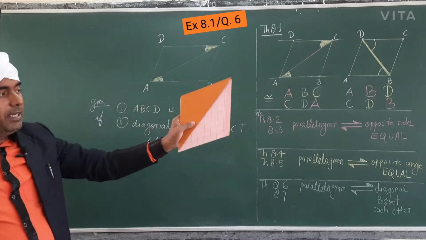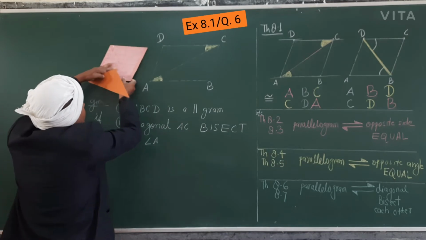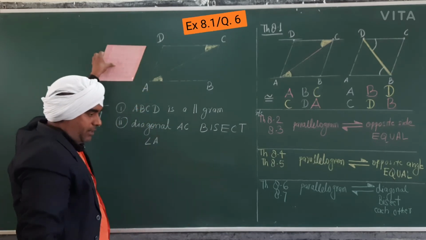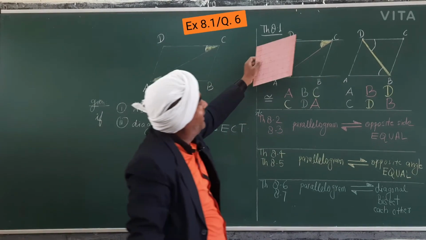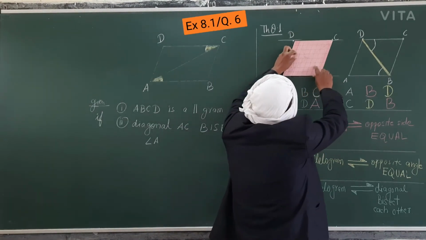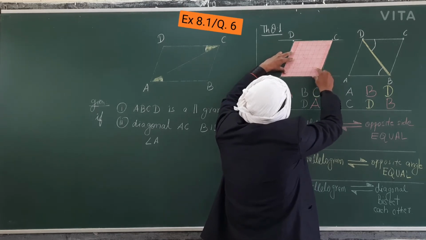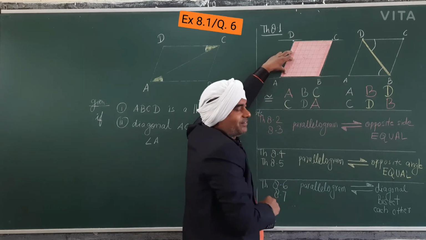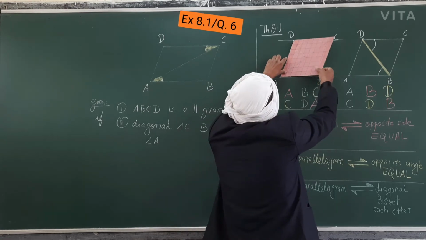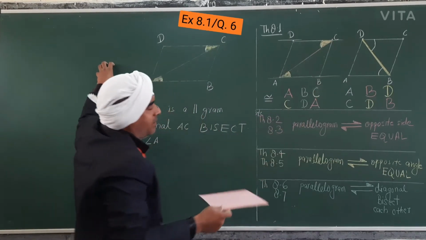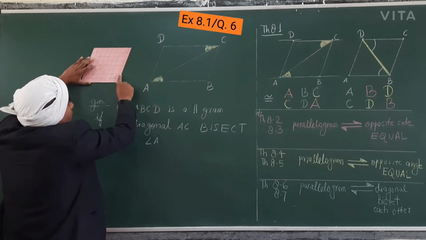So actually this was the answer. And for that I will make another figure just in front of you. So keep patience. Actually this is made of a rhombus. So the same figure you can make here, but this was the practical. For the theory, I will tell you what you will do.